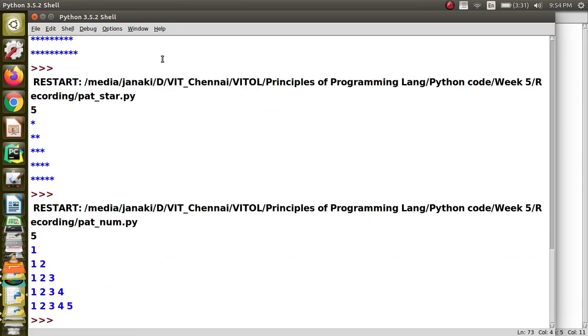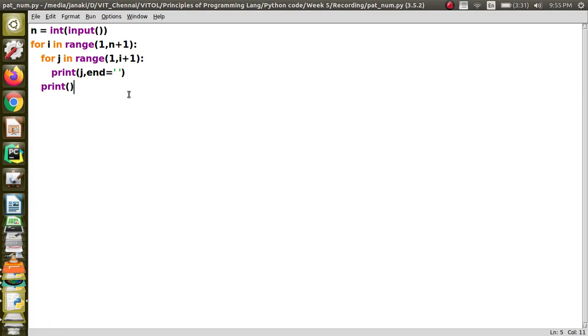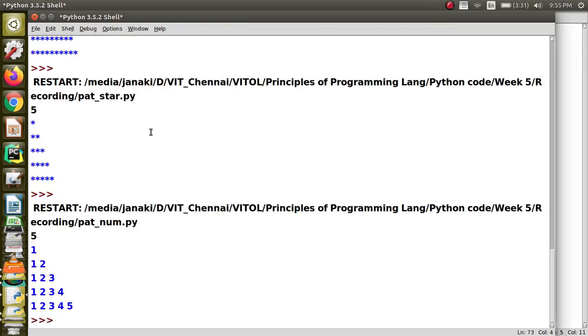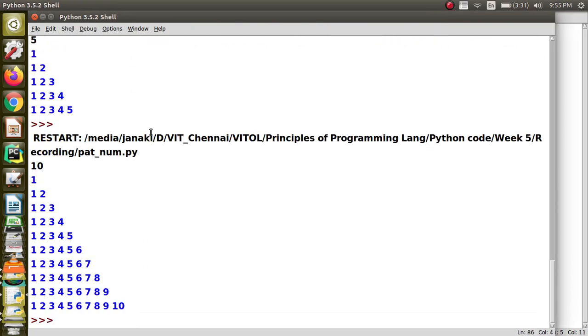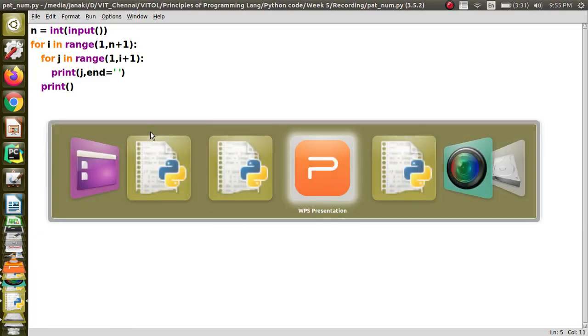Okay, so this is how we can provide a solution. But when you look at the difference between the previous problem and this problem, there I told a Pythonic way of doing things, whereas you can just put a star and repeat the printing. Here we cannot do that, because there it was printing the same string. Here it is different. Values are going to vary for each iteration, so we cannot do it like that. Okay, so we can see for one more value, yeah, it is getting printed.